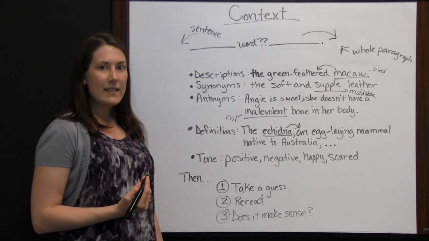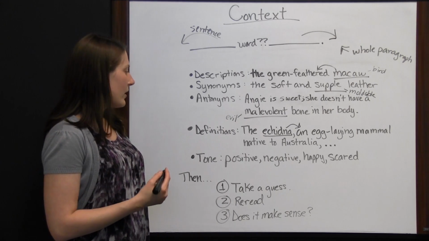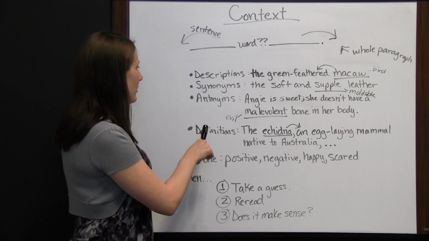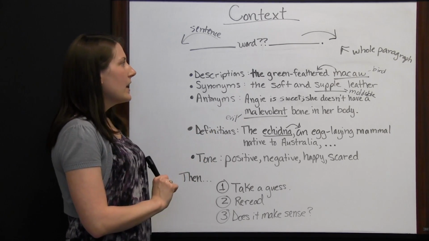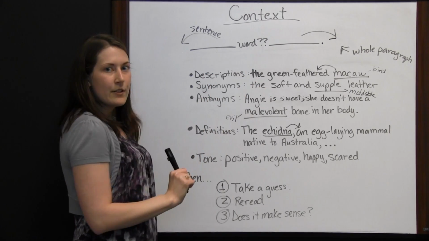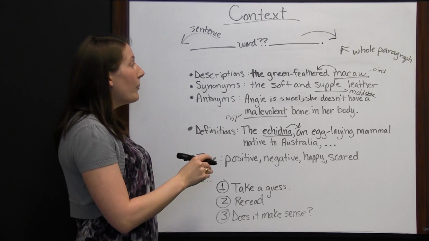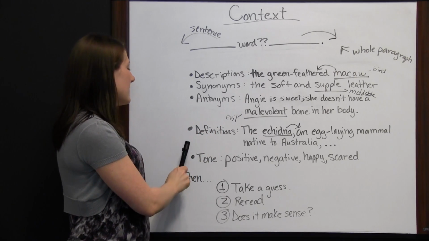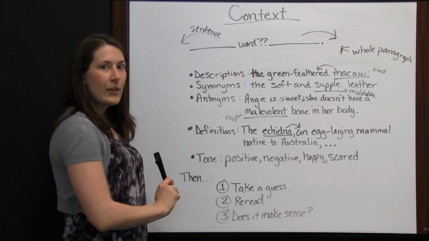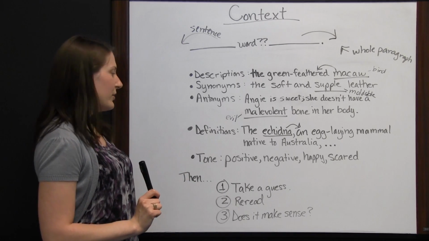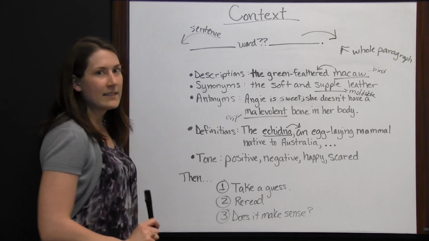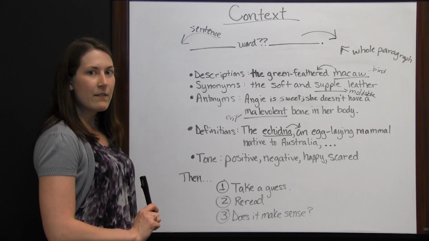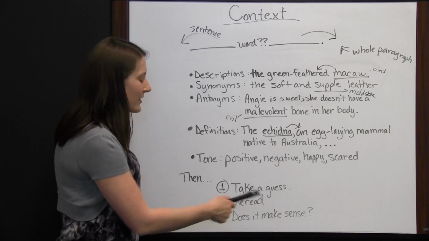So you can always take that into consideration whenever you are taking your educated guess. So once you've looked at clues and you've tried to figure out, looking before and after the sentence your word is in, looking at the whole paragraph, seeing if you can find a description, a synonym, an antonym, a definition, or figure out the tone surrounding that unfamiliar word, you want to take a guess as to what the word means. And then you want to reread the sentence to see if it makes sense to you and ask yourself,